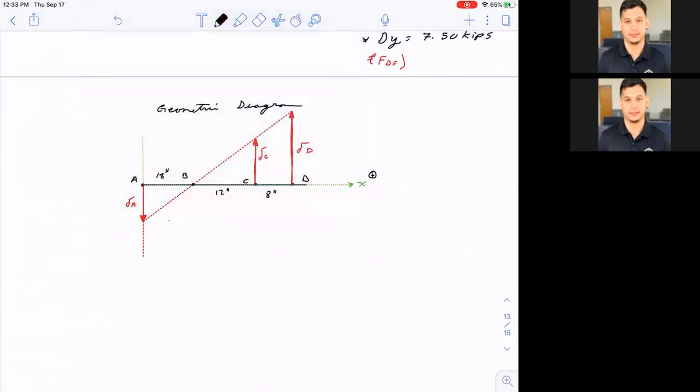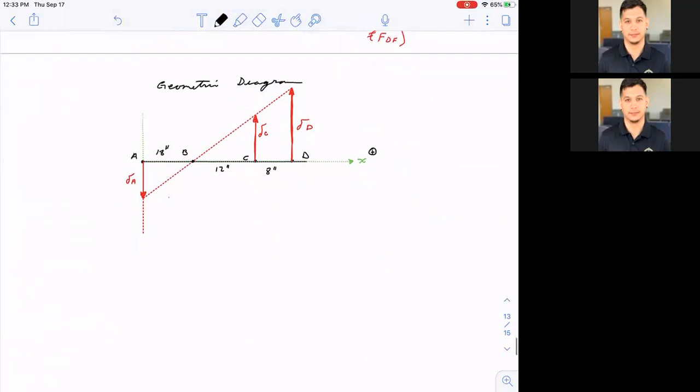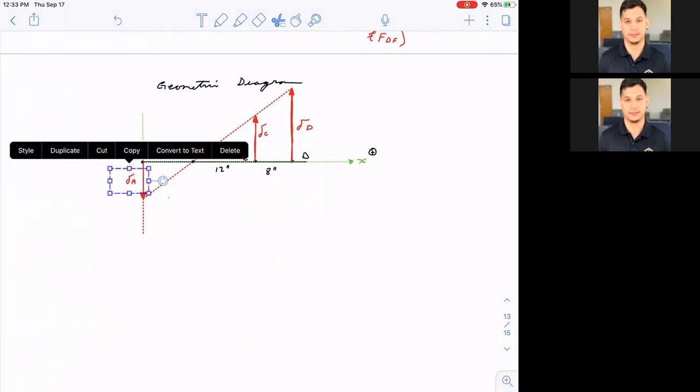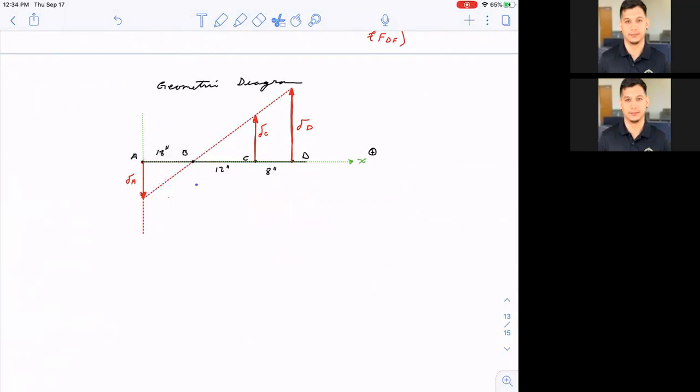Now let's try to find the relationship between dA and DC or DD. We could use either one, but I'm going to use the relationship between dA and DD. Okay, and to do that, I need to find a proportion, them in proportions. Okay, so notice if I take a copy of this and I paste it here,